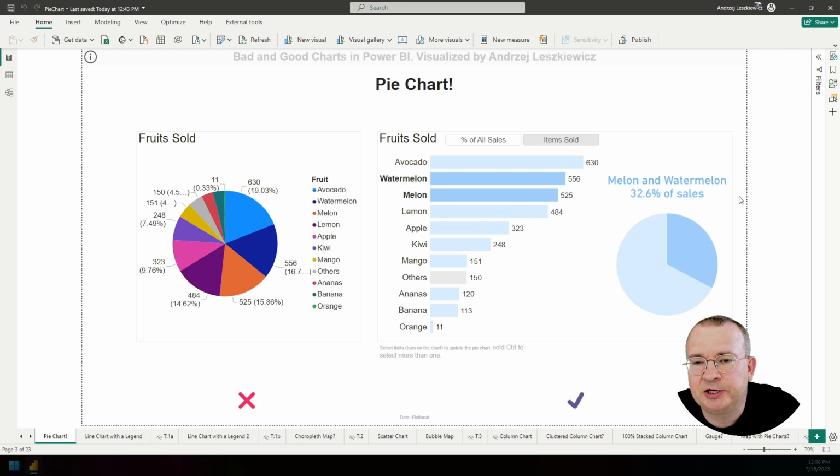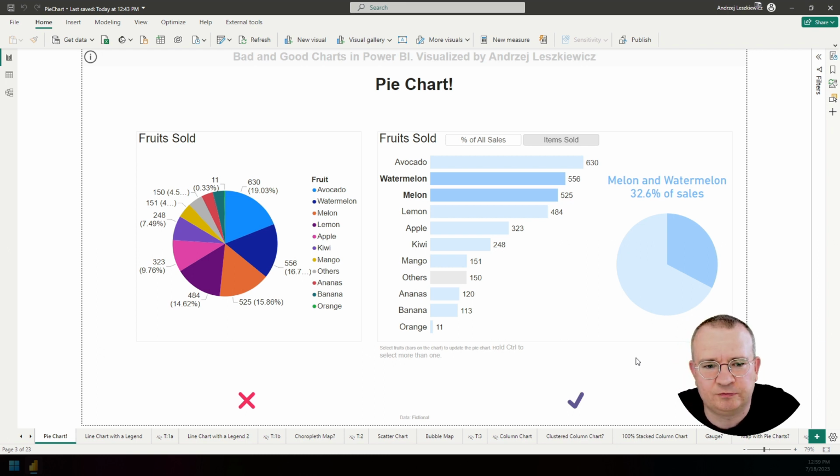So if you are going to use pie chart and if part of the whole is important for you, I highly recommend this combination of a bar chart and pie chart for the interactive reports, and for the not interactive, probably printed reports, because as I have shown before, you can just highlight something and print it like this if the report user is interested in, for example, watermelon and melon consolidated sales, but also wants to compare them with the sales of the other fruits.